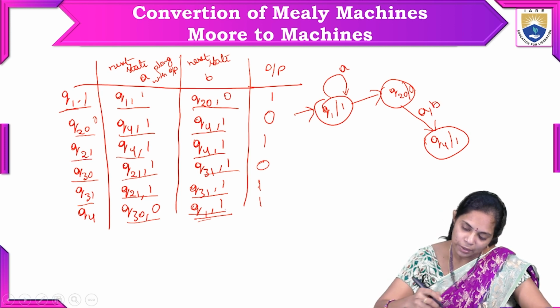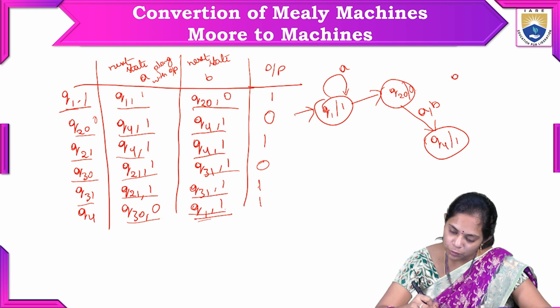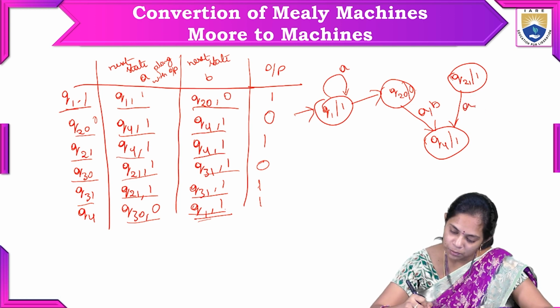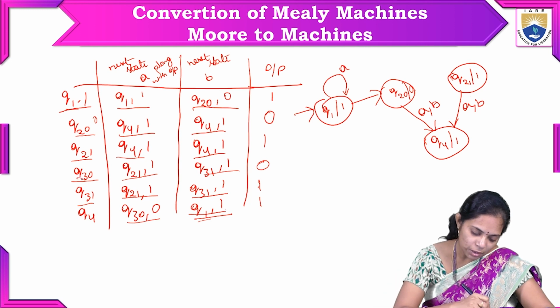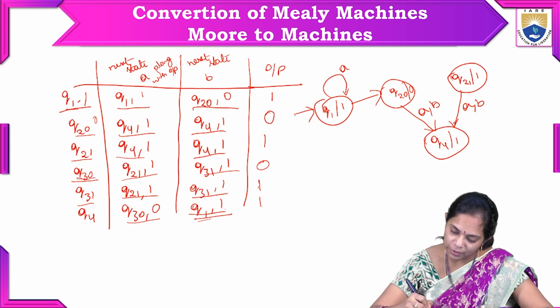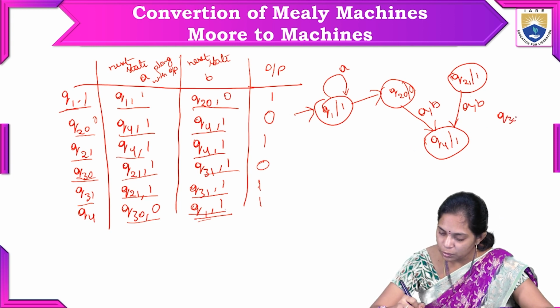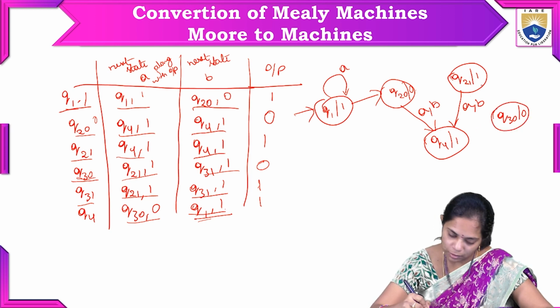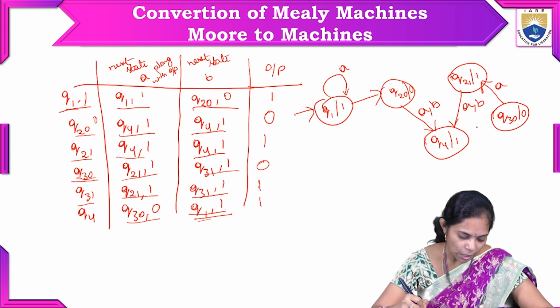And Q2 1, if it is having the input symbol A, it is going to Q4, and next Q3 0, it is having the output. So let's draw Q3 0 with the output 0, and Q3 0, it is having A as an input, it is reaching Q2 1, and